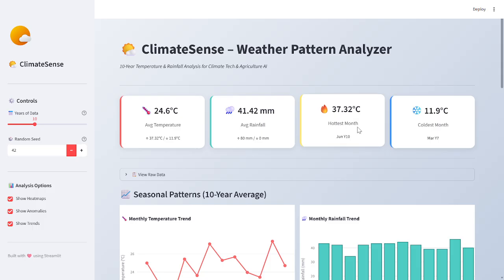The third card shows the hottest month. The system searches the entire data set and identifies the month with the maximum temperature. And the last one, the fourth card, shows the coldest month. Similarly, it identifies the month with the minimum temperature. These cards provide a quick summary of the data set. If I click on this section